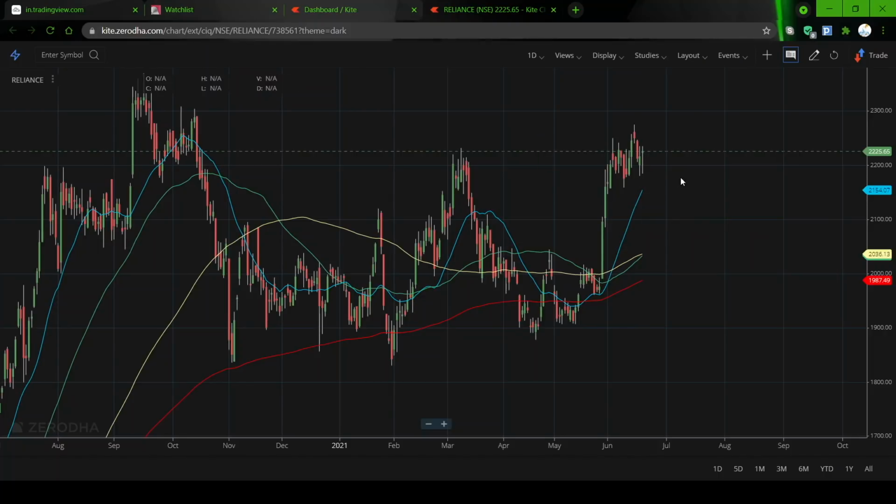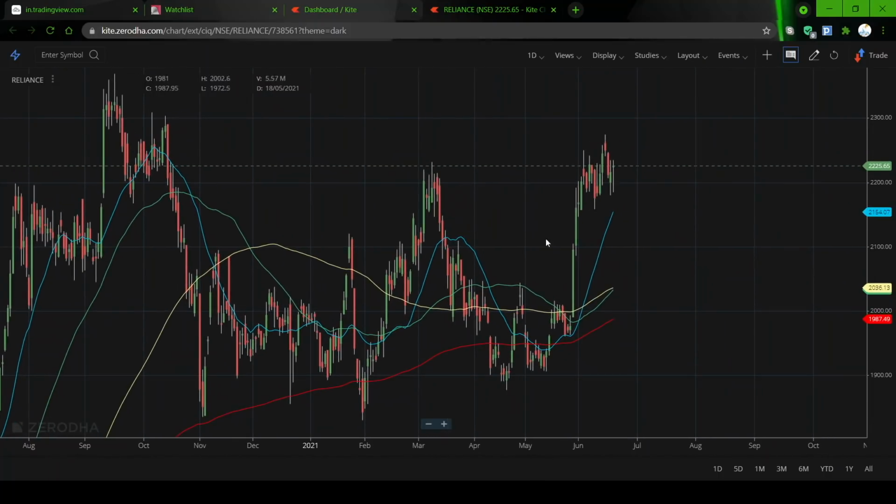We will take this as an example, but this is one stock you can always think about taking a position in for a covered call or a cash secured put. For a cash secured put, you can keep your puts below the 200 moving average and start taking the premiums in. Even if it comes down, the premium goes up, it does not matter. You need to keep cash to take delivery.